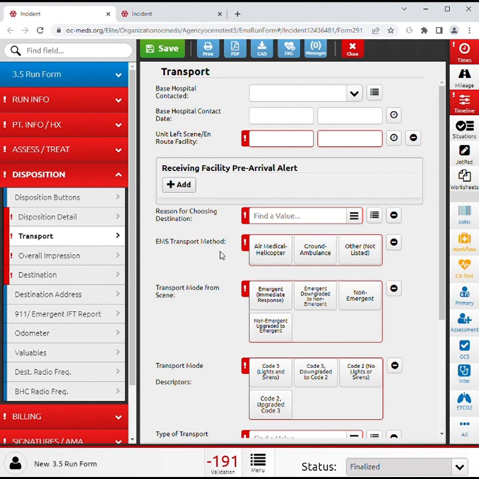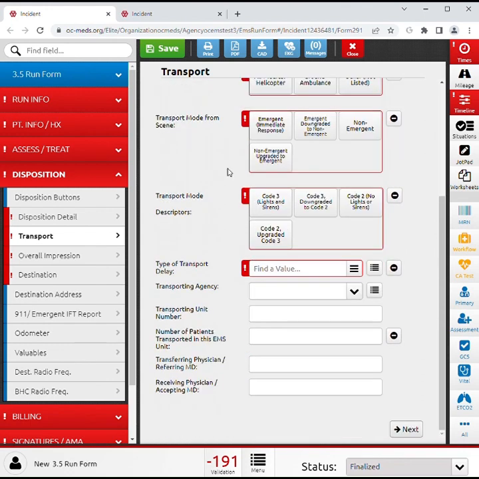EMS transport method is unchanged from the old data standard. And transport mode has been changed similar to response mode. You will now use this field to document emergent versus non-emergent. All 911 responses that result in EMS transport will be emergent transports. Non-911 emergent responses may be downgraded to non-emergent transports as applicable, most often at the direction of the transferring or